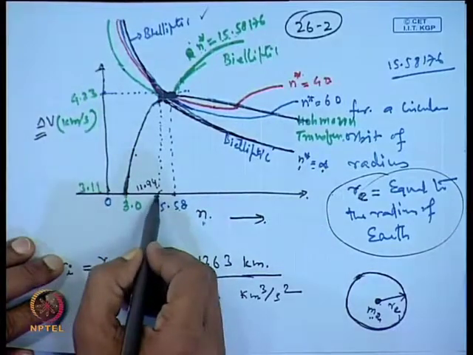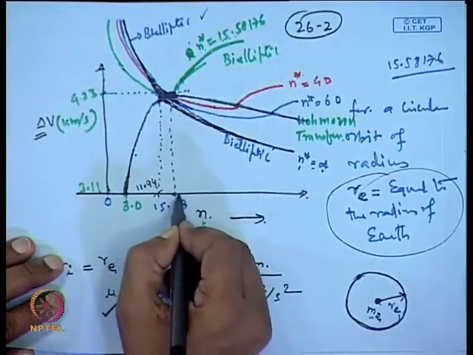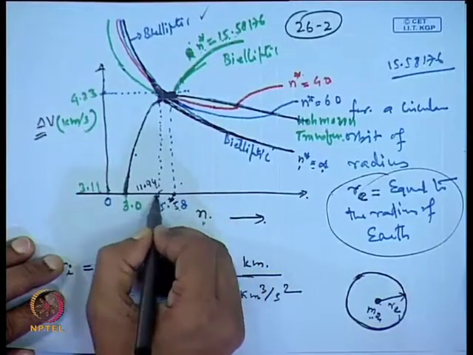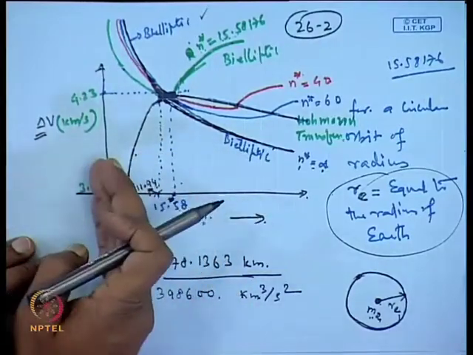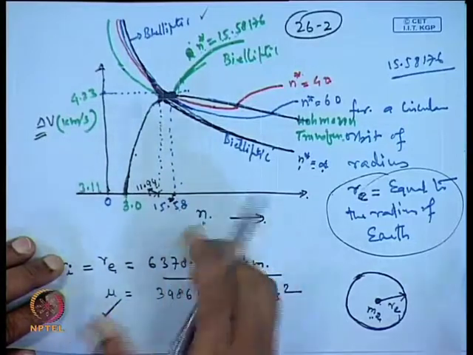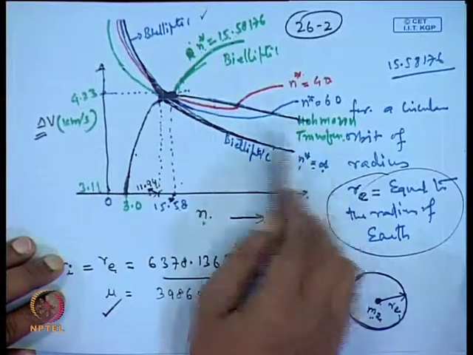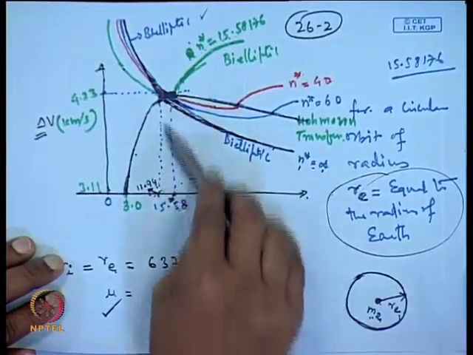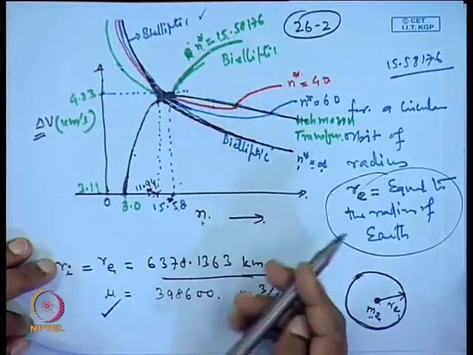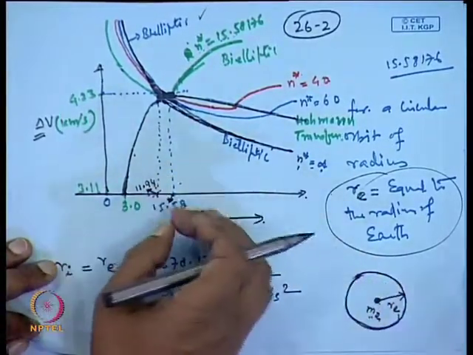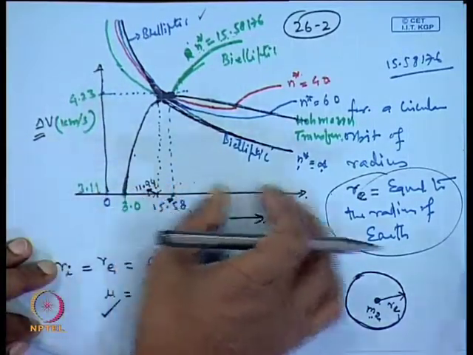So, in this region, as we discussed earlier, this point is 15.58 and this point is 11.94. Before this point the Hohmann transfer is best, and after 15.58 undoubtedly the bielliptic transfer is the best. In between it remains doubtful. Where the curves are passing, that you have to see, and that can be done using numerical calculation.